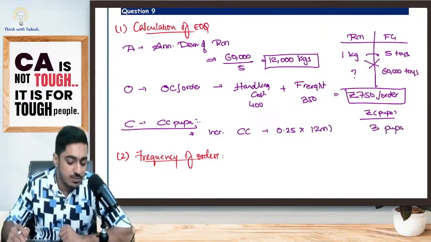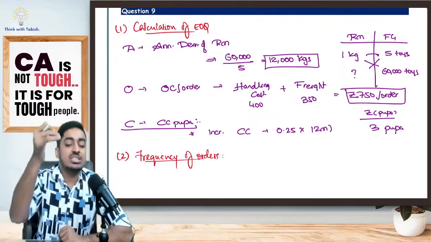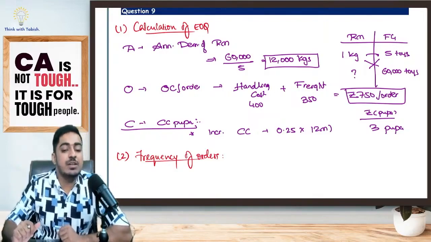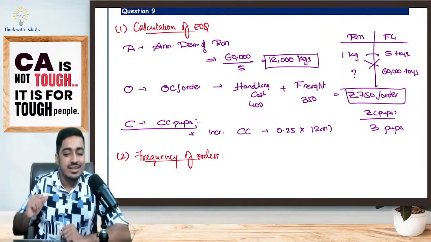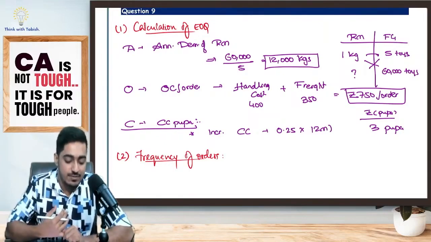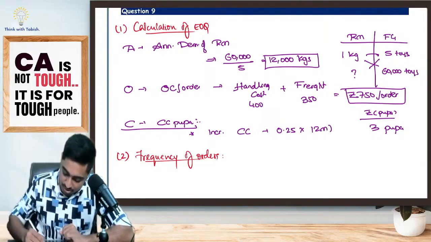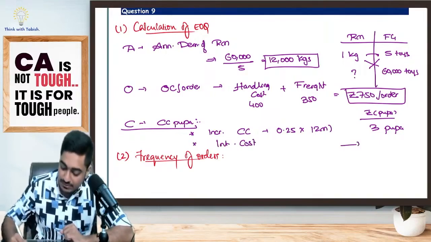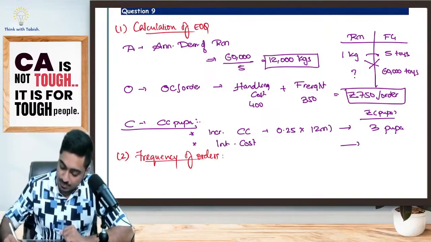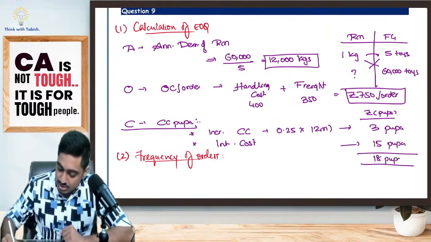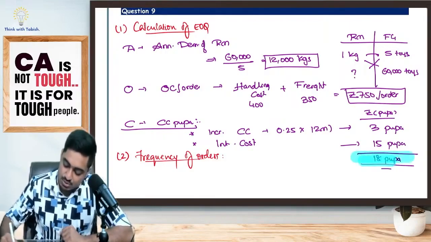Is this the only cost I have to incur? No. In addition to that, over and above that, the cost of working capital finance. In order to purchase my raw material, I want working capital. So for that, I'll be taking a loan from the bank, and for that I'll have to pay interest. What is the interest cost? This is a place where most of you would have committed a mistake, if you have committed. Which was 15 rupees per kg per annum. That means altogether, what is my carrying cost, students? It is 18 rupees per unit per annum. Is this clear? Beautiful question.